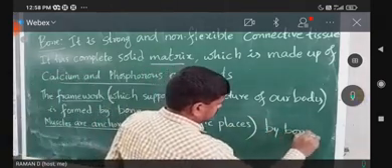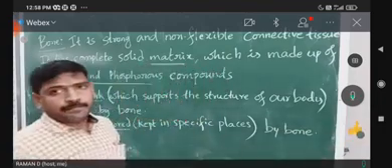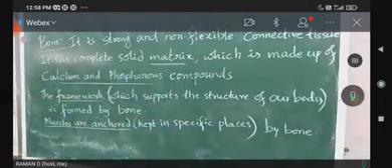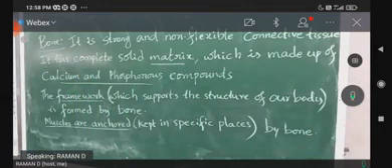Muscles present in our body are anchored by bone. Anchored means kept in specific places. Each muscle is attached to bone so that it is kept in a specific place. That is what is called muscles being anchored by bone. Our chest muscles are anchored by our ribs. Our biceps and triceps are anchored by the respective hand and leg bones. Okay.